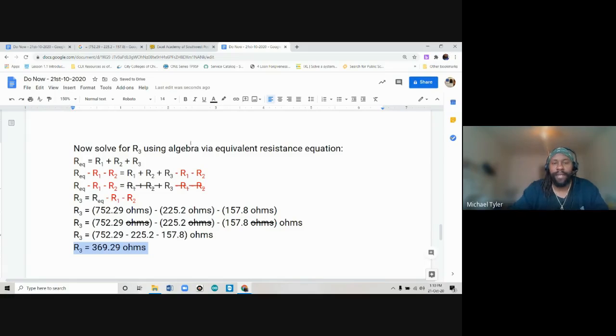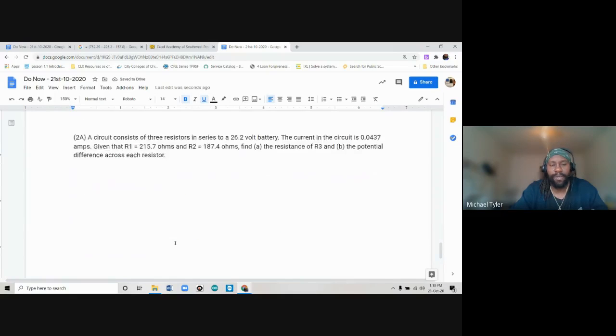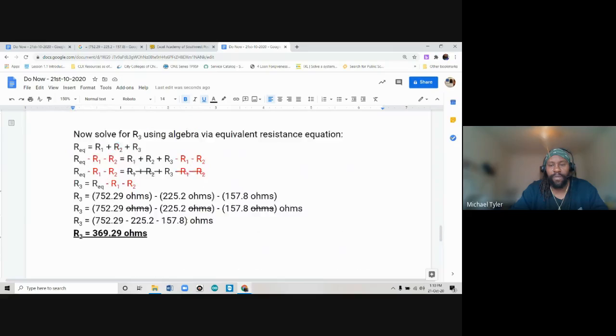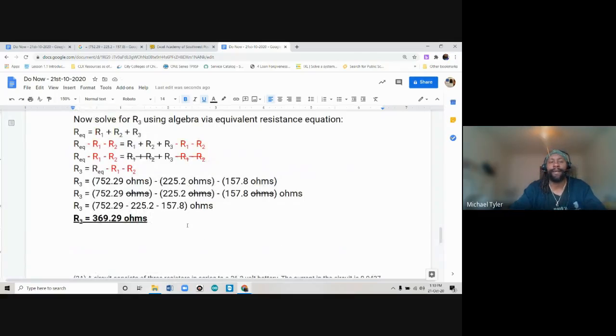Okay, now that's just one portion. Let me help you with part B. And remember, the problems are similar. Okay, you just have to take your time like I did and calculate it out correctly. All right, so what do you need for part B? Well, you need to understand Ohm's law is used here. So we need strategy: use Ohm's law